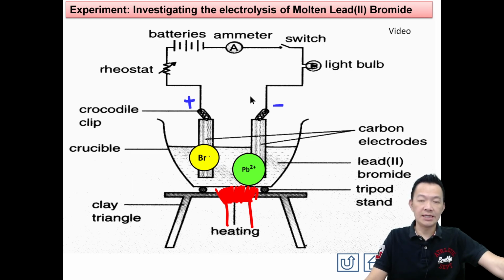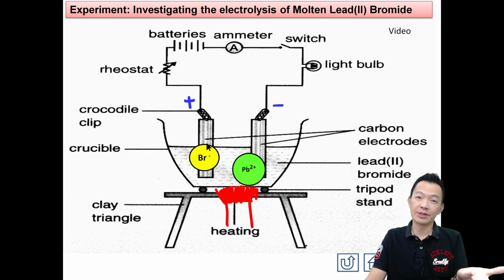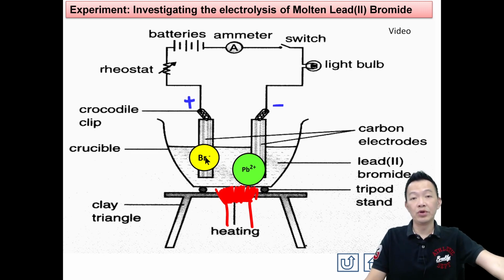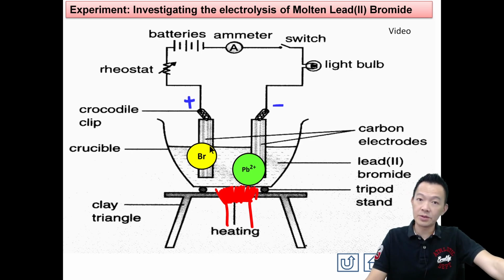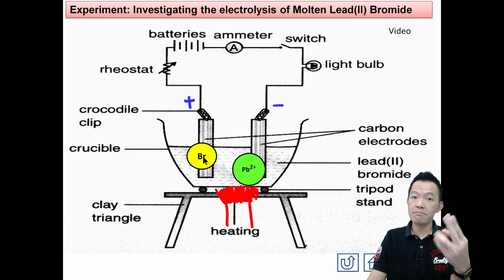So when bromide and lead ions are attracted to the anode or cathode, okay, they're going to discharge, 它们就会 discharge. So what happened? You're going to write the half equation 你就是要写 half equation 对不对 So bromide is going to discharge, lose the electrons and become the bromine molecule. So bromide is going to lose the electron, become bromine. But bromine atom 它不 stable, it must join together with another atom to become bromine molecule, 对不对